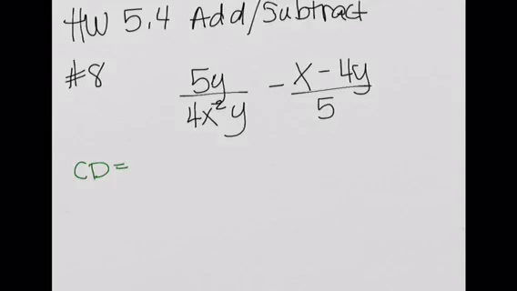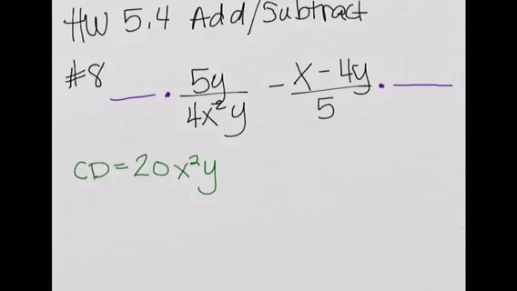Okay, and I look here and I have a 4 and a 5, so I know that they need to have a 20 in common. And then it looks like everybody needs to have an x squared and a y. So now that I've found that common denominator, I'm going to figure out what are the fancy ones that I need to multiply by in each fraction in order to make the denominators be